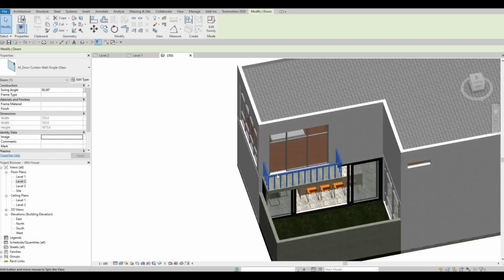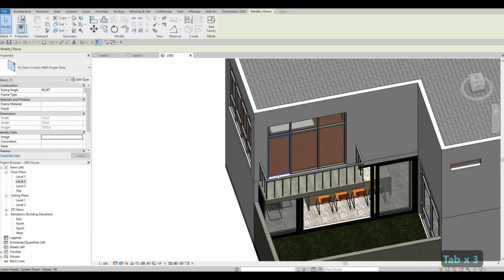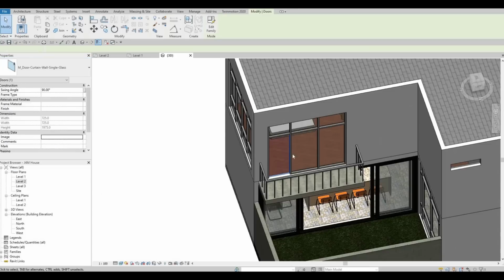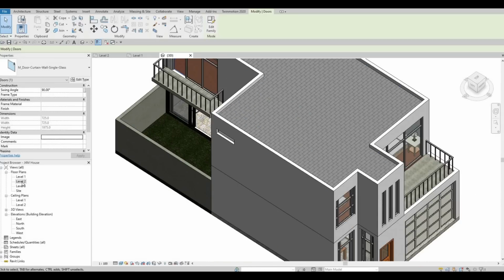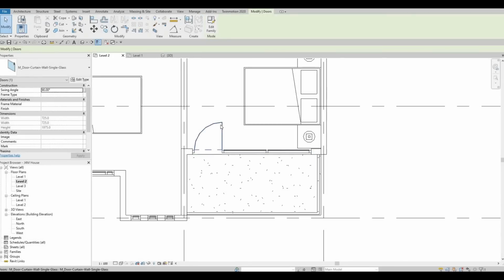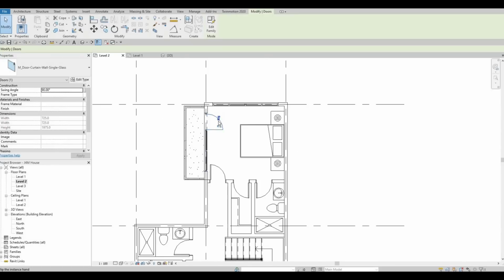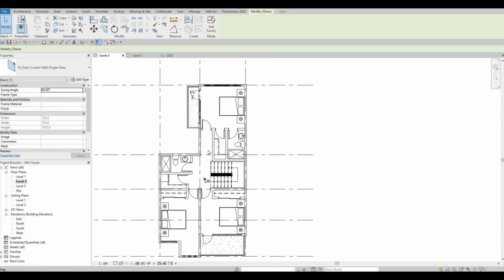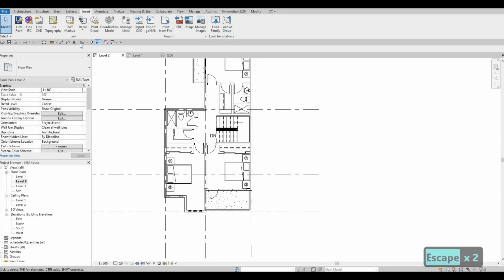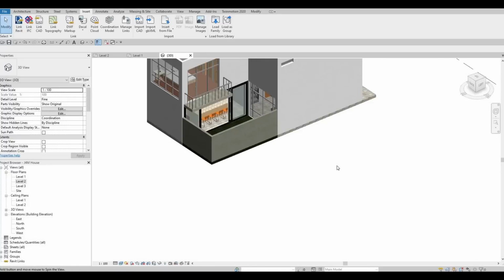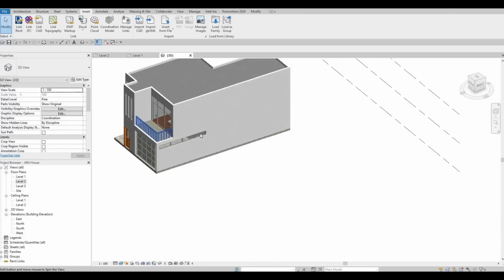Then again, you will need to click on tab multiple times until it highlights only the panel. Select that panel by clicking on that, and then go to the drop down menu under properties and then select the door. In order to change the orientation, you will need to go to level 2, and then here you will need to select the door again and then flip it around like so. Here we need to flip and then flip it like that. So now I'm just looking, just checking,